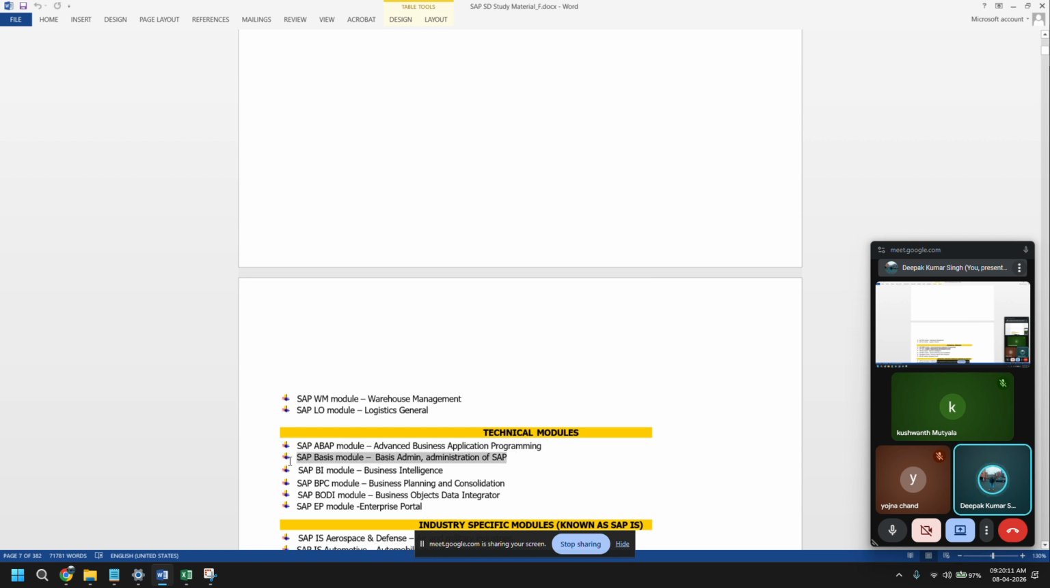Basis module, sometimes you will be working with them, because let's say you are running a background job. Let's say in your company you want to only create the order in VA01, and delivery creation should happen automatically. Nobody should go to VL01 or VL04 or VL10B. You want to eliminate that. So you can set a background job that will automatically create the delivery whenever an order is created. Now, that background job can impact the performance of your SAP software,